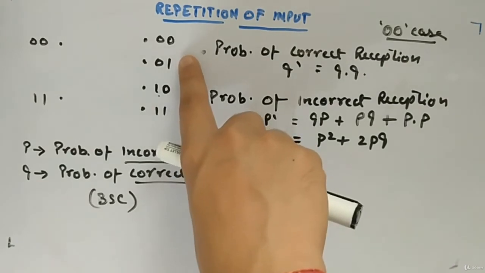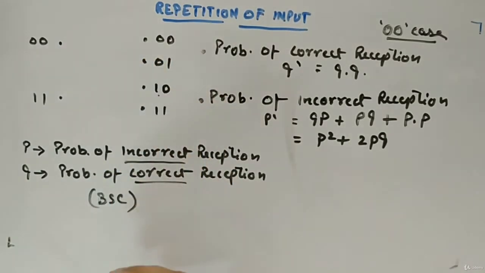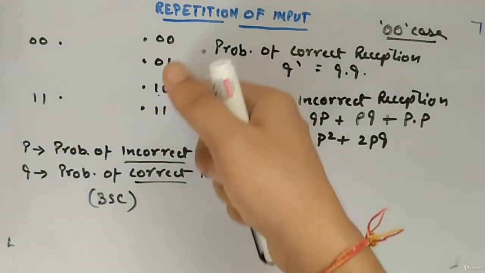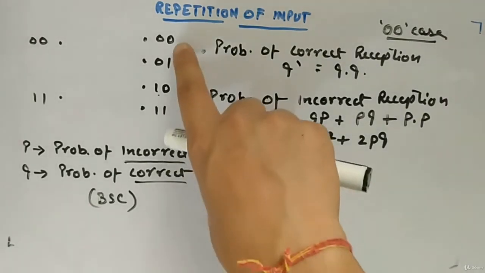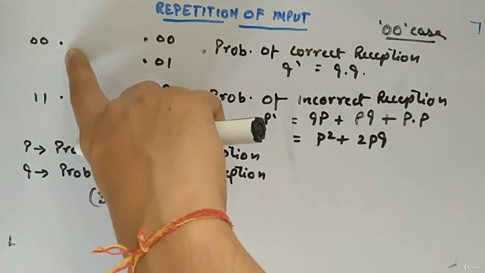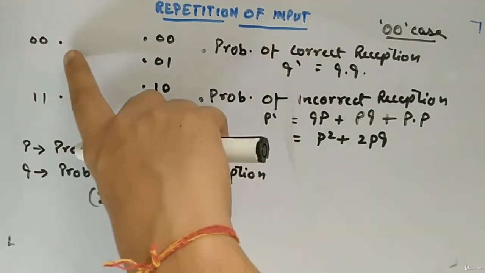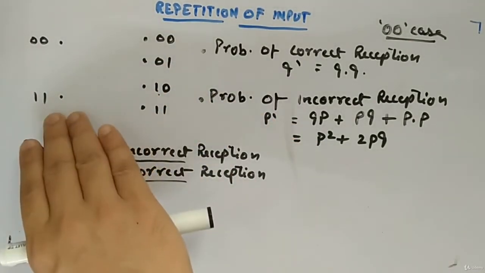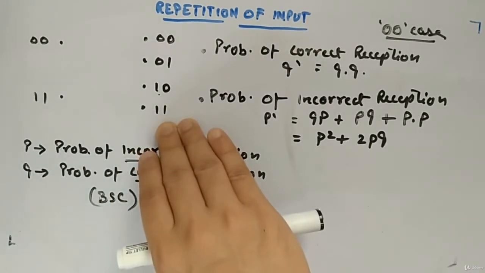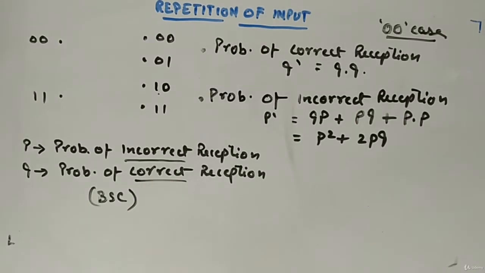The way we get to know that 0 has been transmitted is when more than half of the bits in the received bits are 0. So if we receive 0, 0, we know that 0 has been transmitted, and for the rest of the received bit patterns, it means 0 has not been transmitted. Similarly, if 1 is transmitted, then if we receive 1, 1, only then will we know that 1 has been transmitted. Else, if we get these other symbols, we will assume that there is an error.